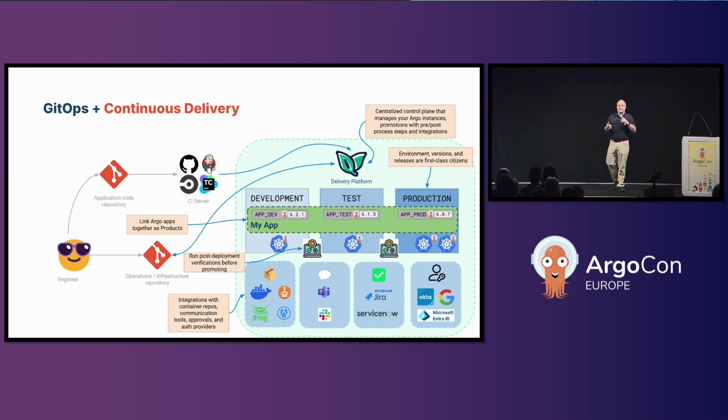And so really what you want is a control plane that helps you manage your Argo CD instances. Argo CD is still very, very important, but you need to have something to allow you to model it. So you can have something that says, this is my Argo CD instance, this application represents my test application, this one represents production. But then you need something to allow you to easily promote your various applications. On top of that, you also need the capability to run all the appropriate workflows that occur before and after you do a deployment. So getting approvals, running smoke tests, anything along those lines.